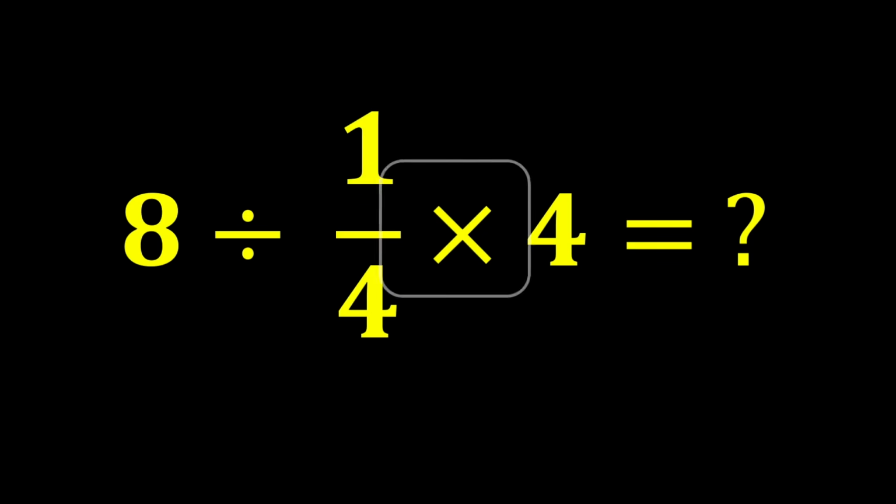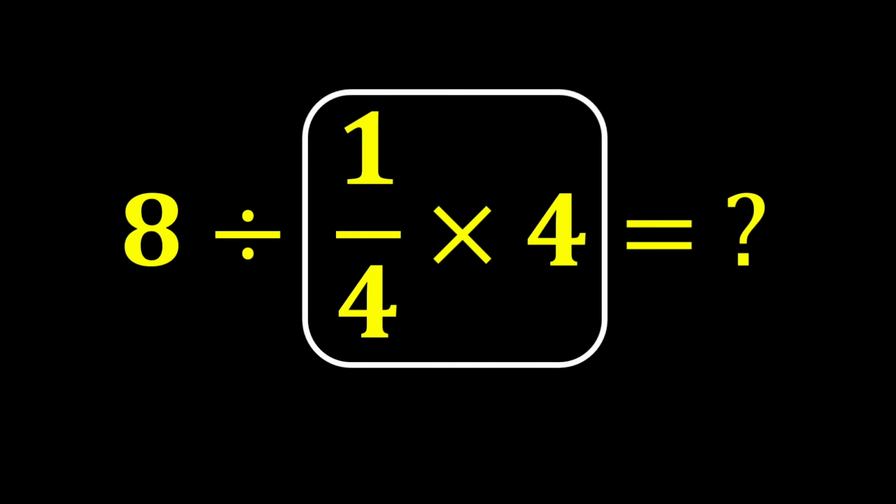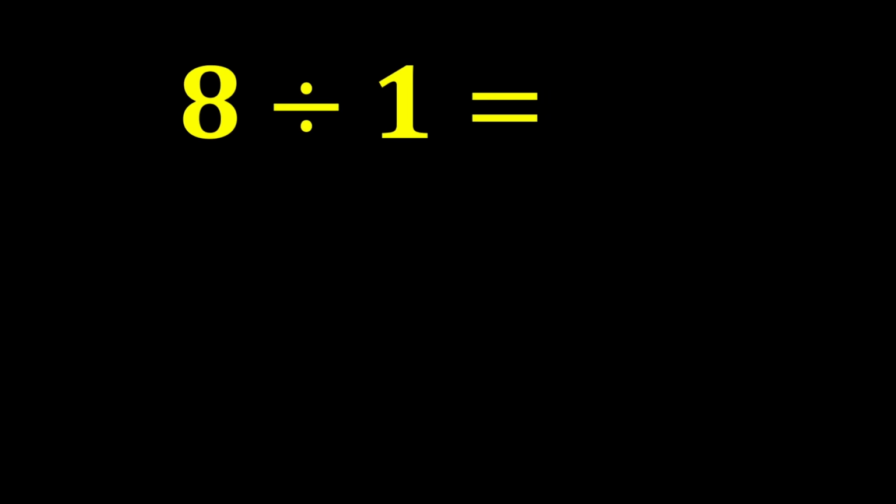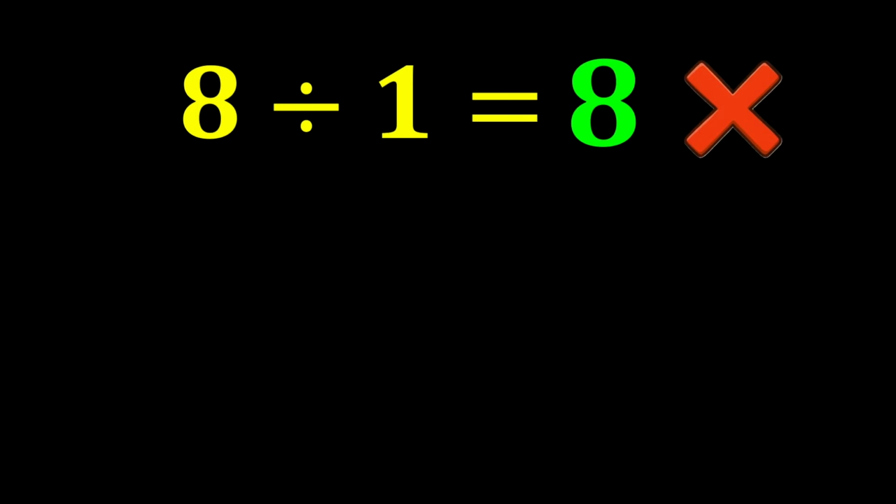First, we perform this multiplication, 1 over 4 times 4. This 4 and this 4 cancel each other out, and only 1 remains. In the end, 8 divided by 1 gives us 8. But this answer is not correct because we did not follow one of the most important rules in mathematics called